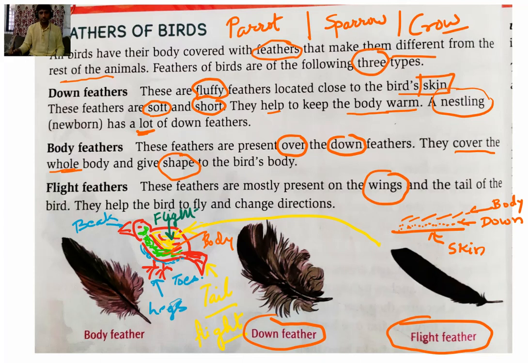They are mostly present on the wings and also on the tail, as I have told you. The tail helps to change the direction. They help the birds to fly and change direction.